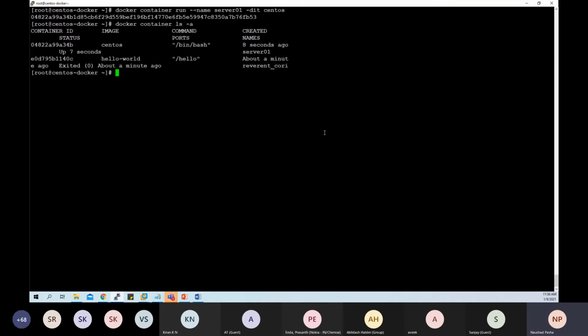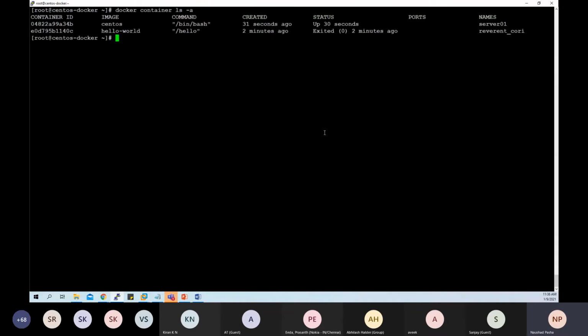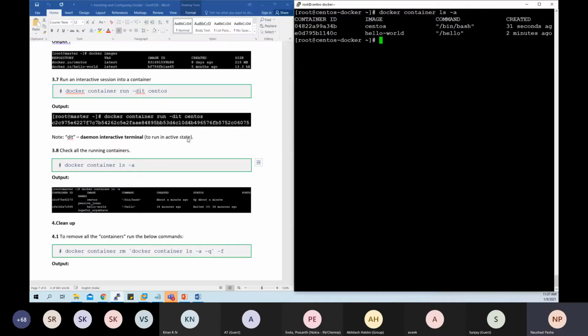But otherwise, each container will also be given a container ID, as you can see. Docker itself identifies these containers with the container ID, not the name. The container name is just to help the user identify those containers. But otherwise, Docker itself will use the container ID to identify those containers.